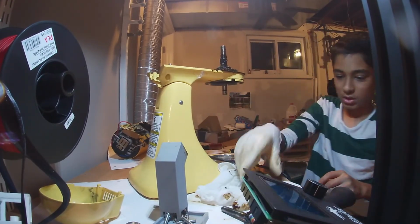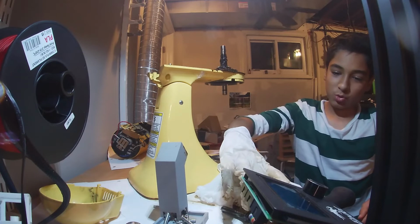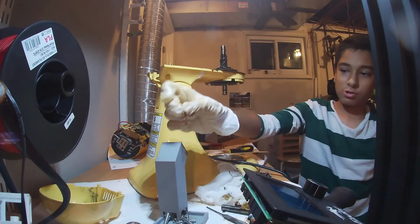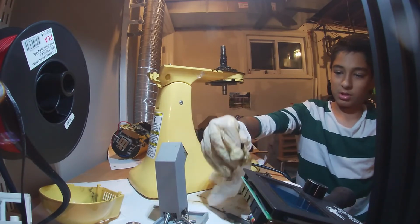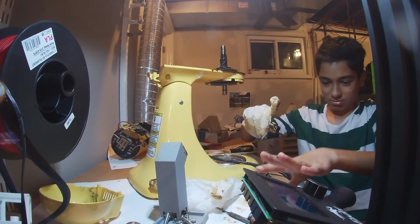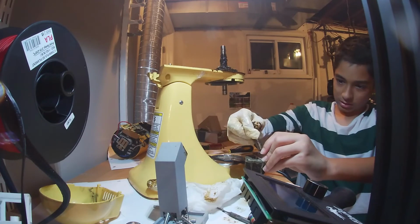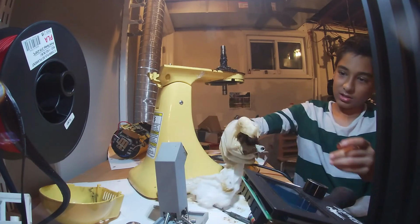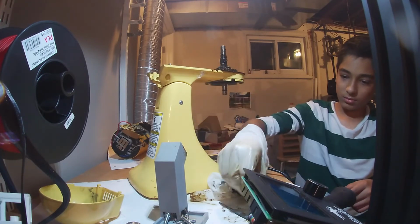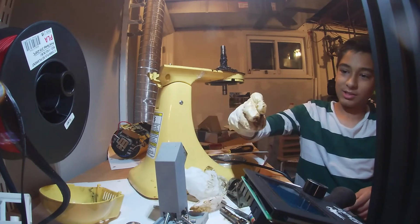Okay, I guess you can see now. So, I used this punch tool thing to get the pin out. Just put that in there. And then there's going to be this piece, which you slide in like this. And then it's going to be pushed in. So just pull that out after you take out the pin. Then you should be able to remove the gear. Now, as you can see, this gear is...